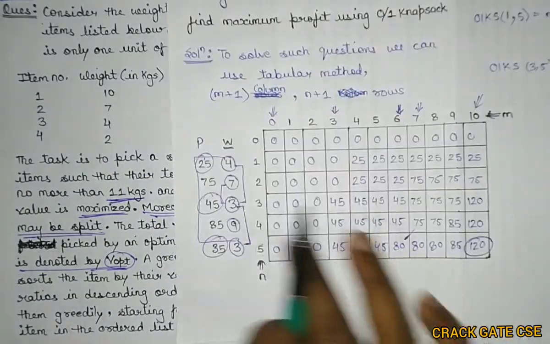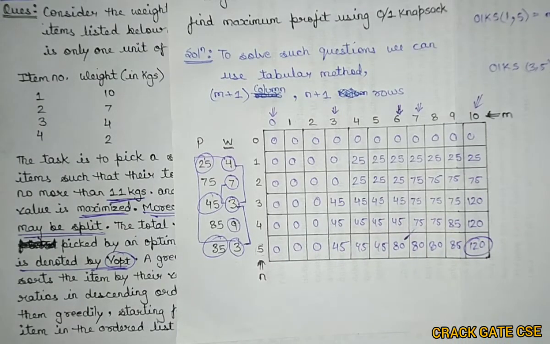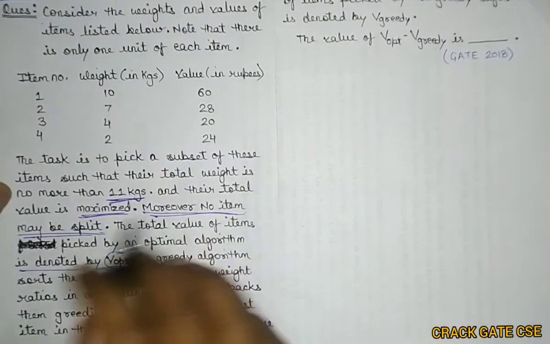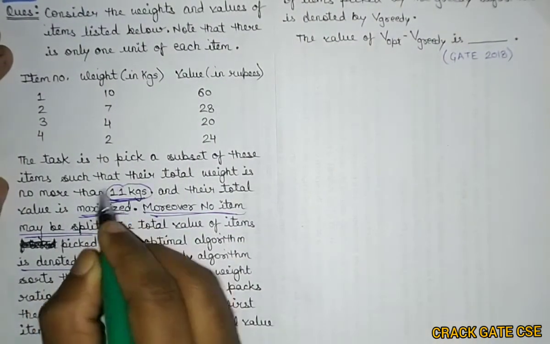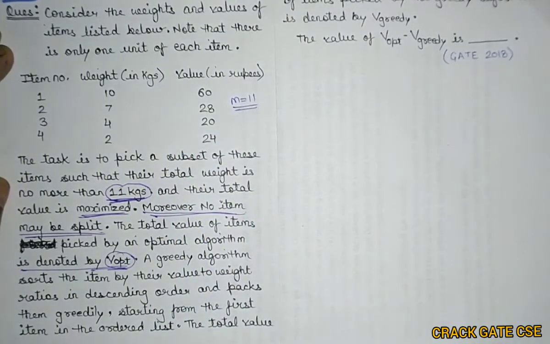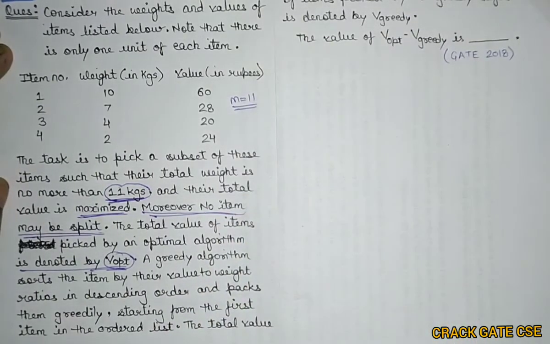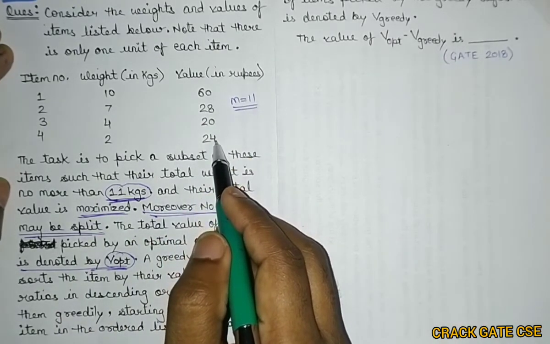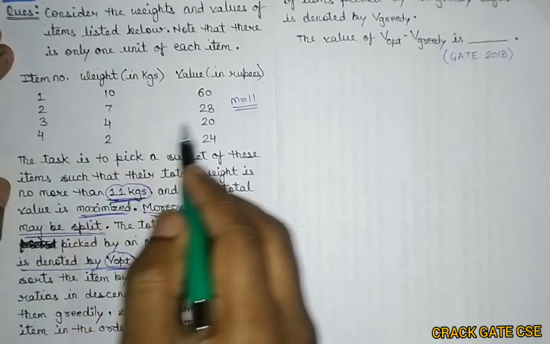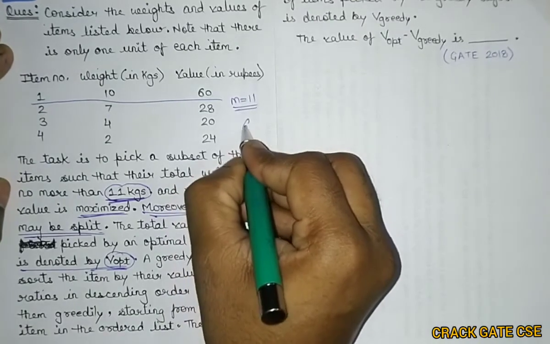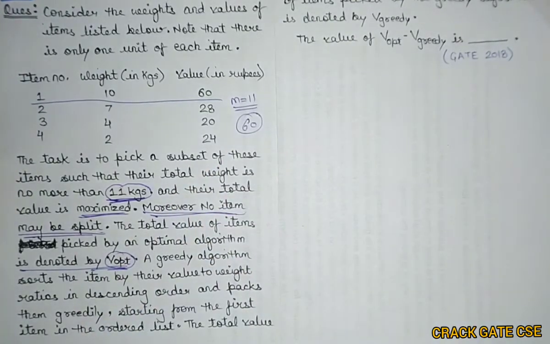We can do that using the same table method. You can just draw the table like this and find out the maximum profit. But here, M is given as 11, and we have to get the maximum profit. If you take any other combination like 7 and 2, it will be 9 and it will give you 72. If you take 7 plus 4, it will be 11, and it will give you 48. But if you take this particular one, it itself gives you 60. That means 60 is the value for the 0/1 knapsack if you solve it the dynamic programming way.